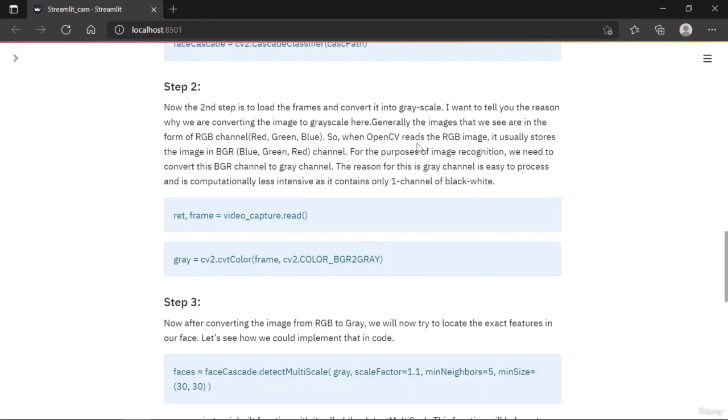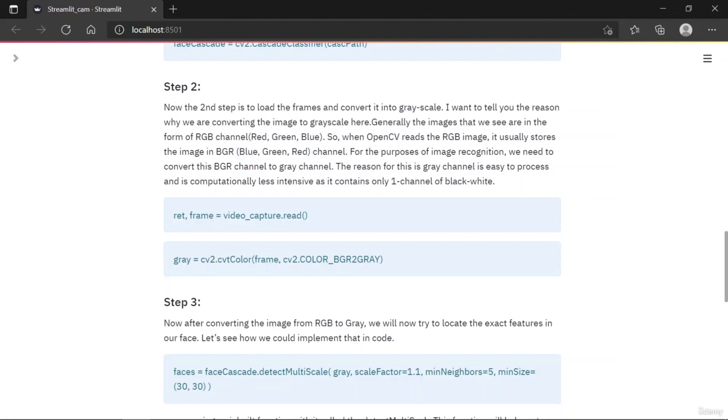When OpenCV reads the RGB image, it usually stores the image in BGR, that is blue, green, red. The image is not saved as an image itself, but as an array having these three values for each pixel.